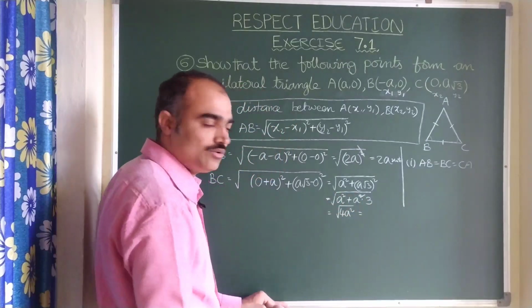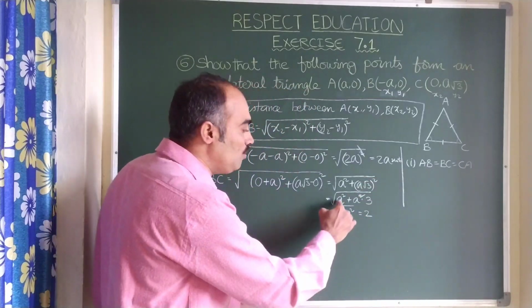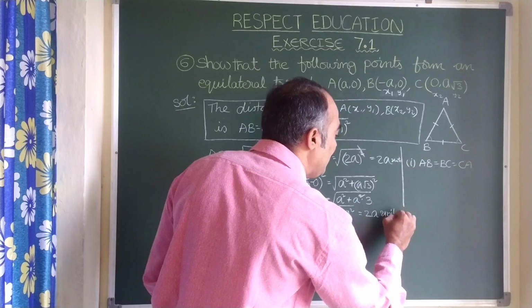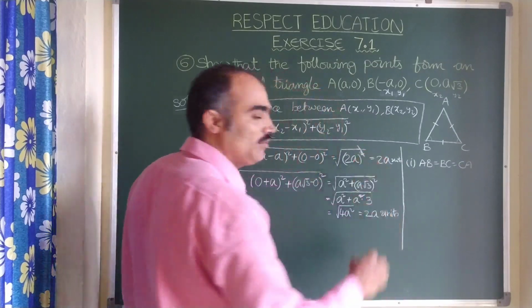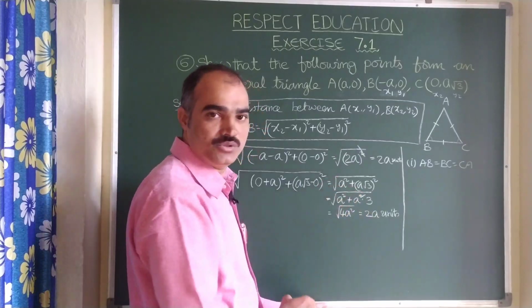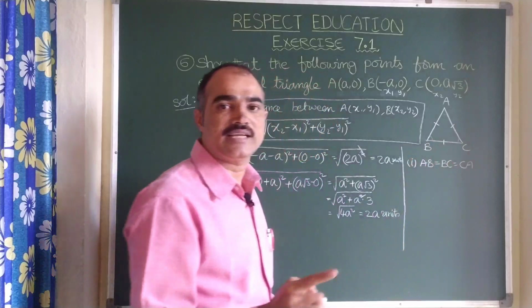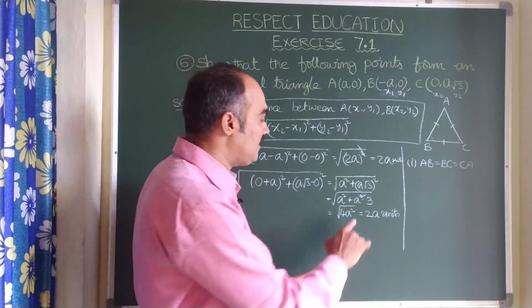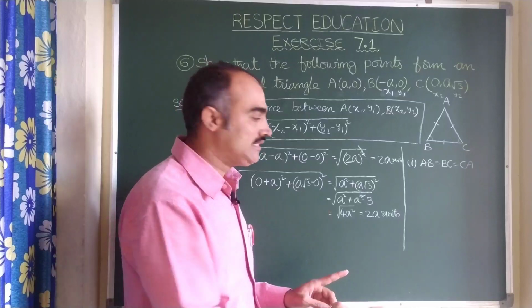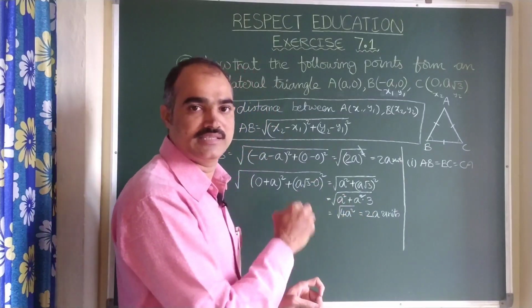Let us split the square root. It becomes root 4, which is 2, into root a square, which is a. So it is 2a units. Here you need to understand one more thing. Root 4 value is actually plus or minus 2. But as we are finding distances, distance can never be negative. That's why I omit minus 2a. So let us consider only plus 2a. Root 4 is only plus 2a in this case.